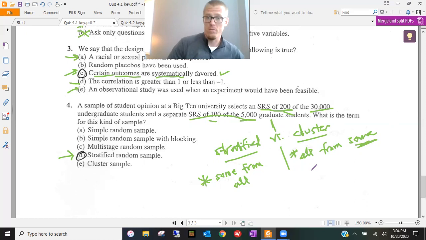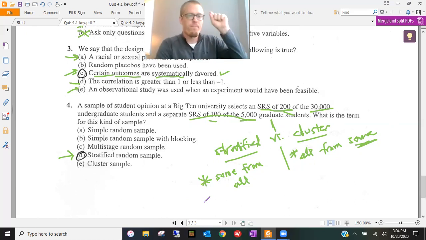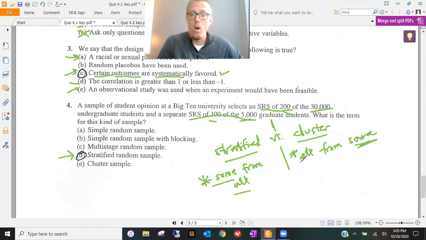I could stratify with the same example. I could stratify with a forest of trees. In that case, I would randomly select trees from this cluster, from this strata is what they call it. I would randomly select 5 trees from this cluster, 5 trees from this cluster, 5 trees from this cluster. I would have to go to every single group, every single geographic location, and take a few, some from all of the groups. This is all of the individuals from some of the groups. That's stratified versus cluster. That's a huge emphasis in this course and in this chapter.